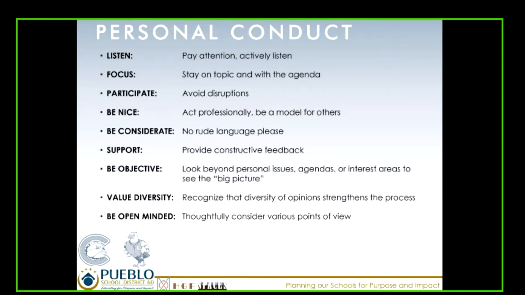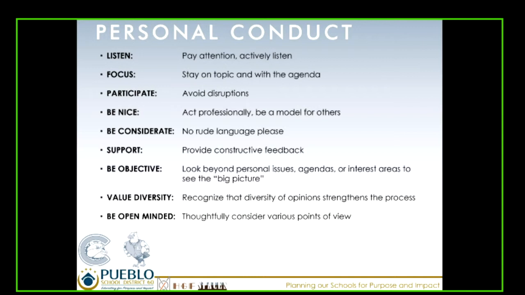Personal conduct: we want to listen. We want to pay attention and actively listen to each other. Focus: we want to stay on topic with the agenda. Participate. Avoid disruptions. Be nice. Act professional. Be a model for others. Be considerate. No rude language, please. Support: provide constructive feedback. Be objective.